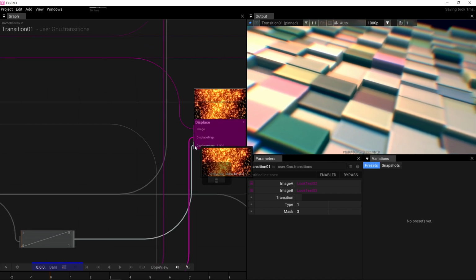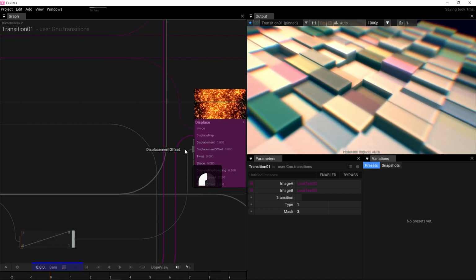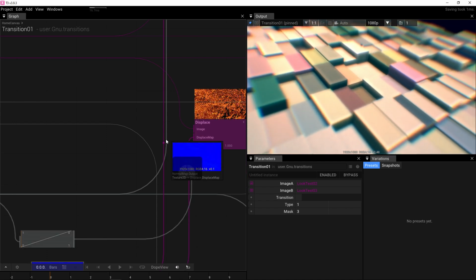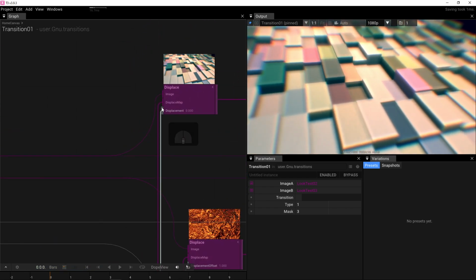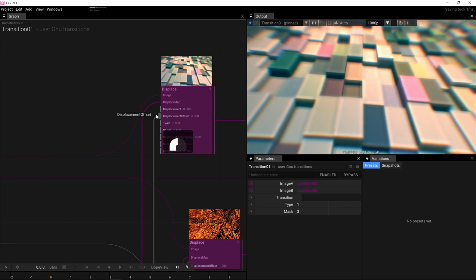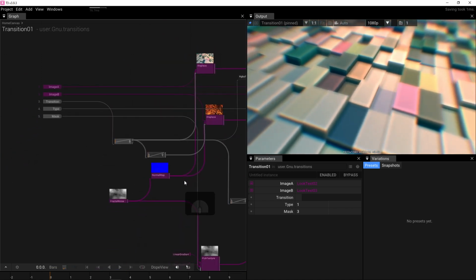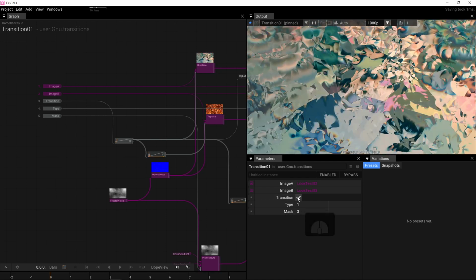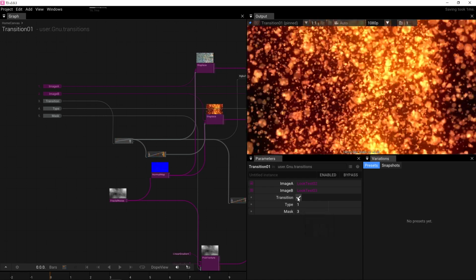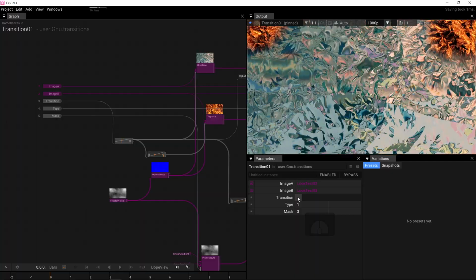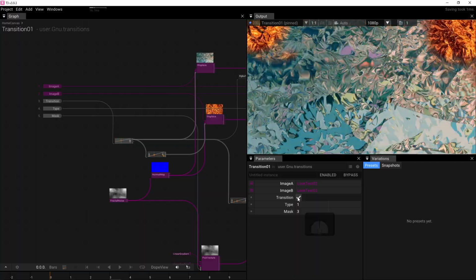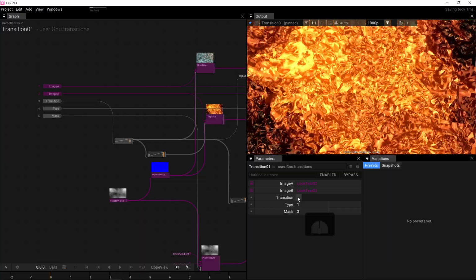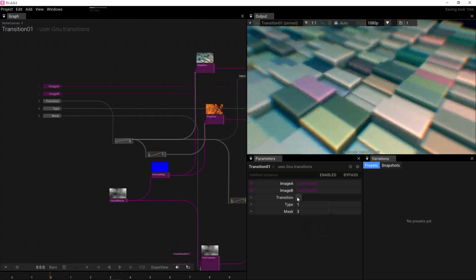So maybe instead of displacement, I need to connect it to displacement offset. Let's try. Oh, interesting. But now it's not that